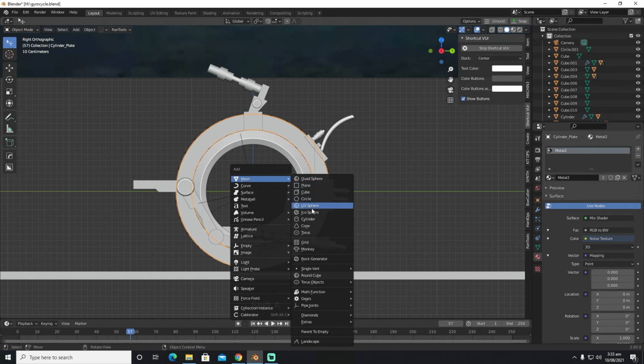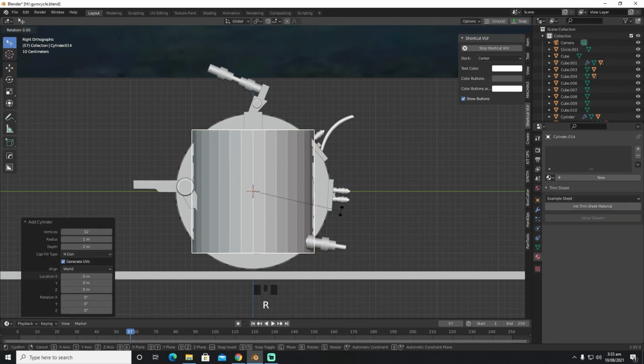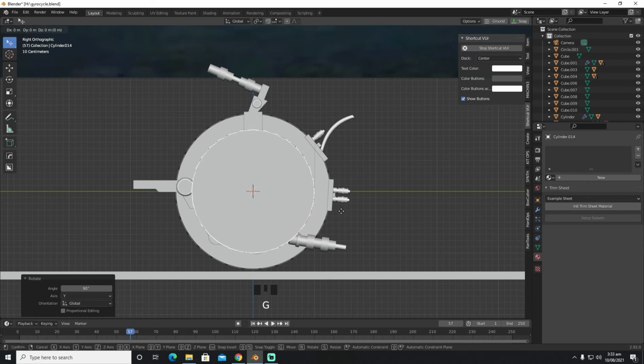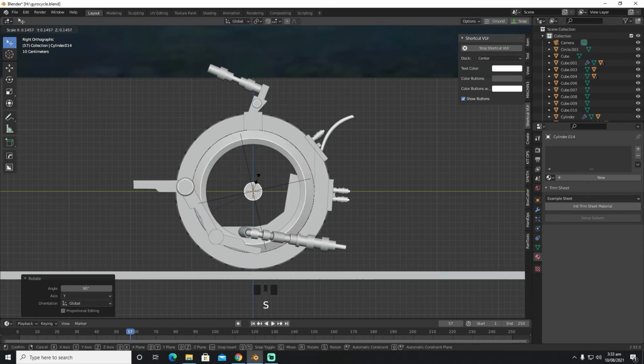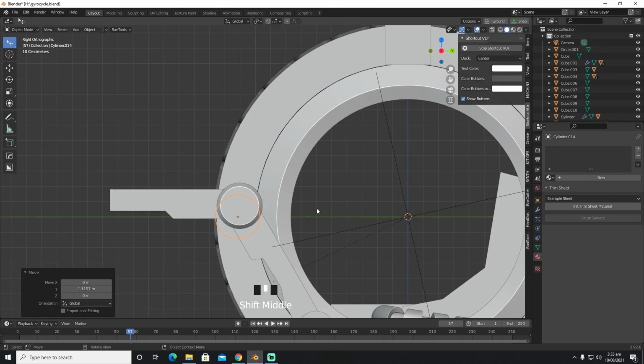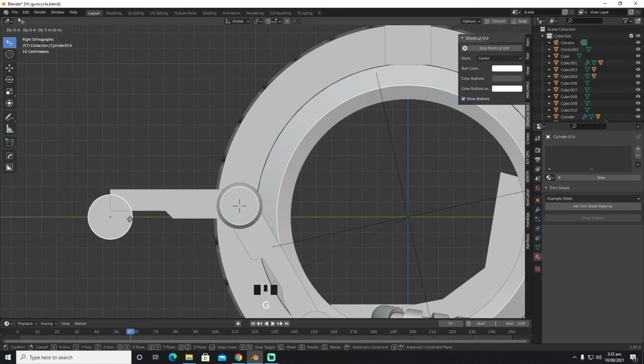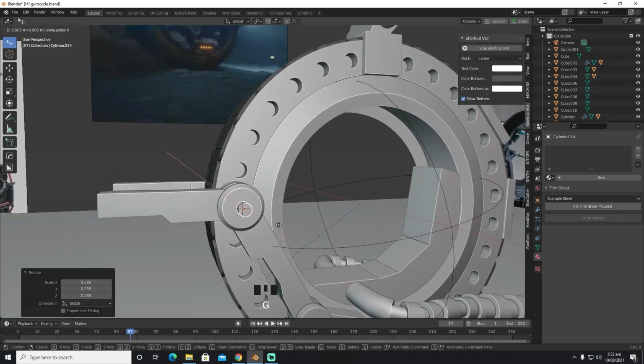And we are going to select the cylinder, RY90, scale this guy down, bring this guy here. First and foremost, we're going to click this and press shift and right click to set the origin to cursor. I'm going to bring this guy up, scale this guy down, bring him right about here, or